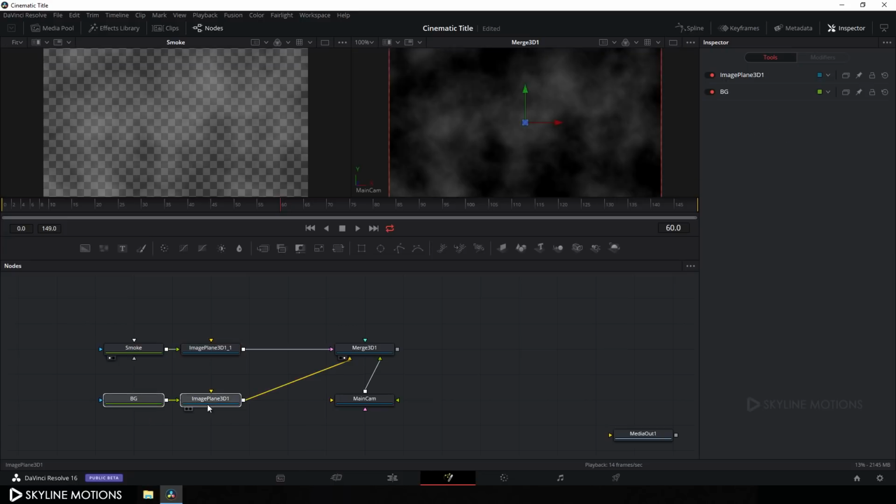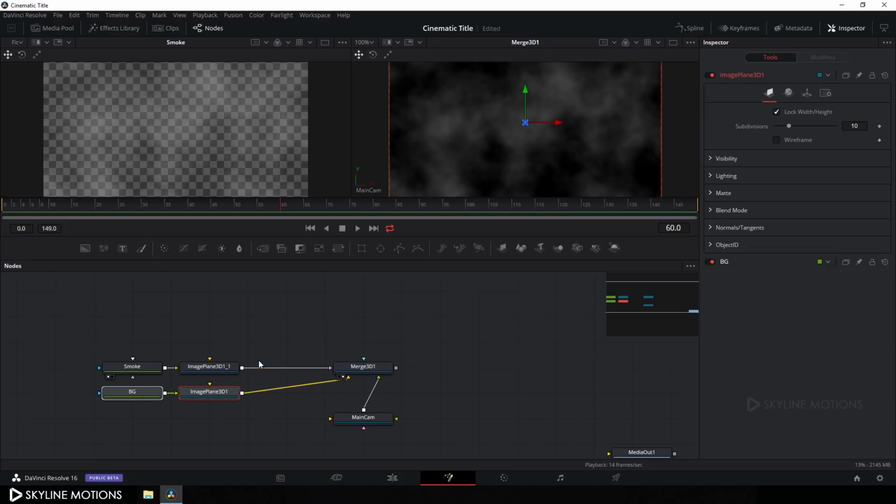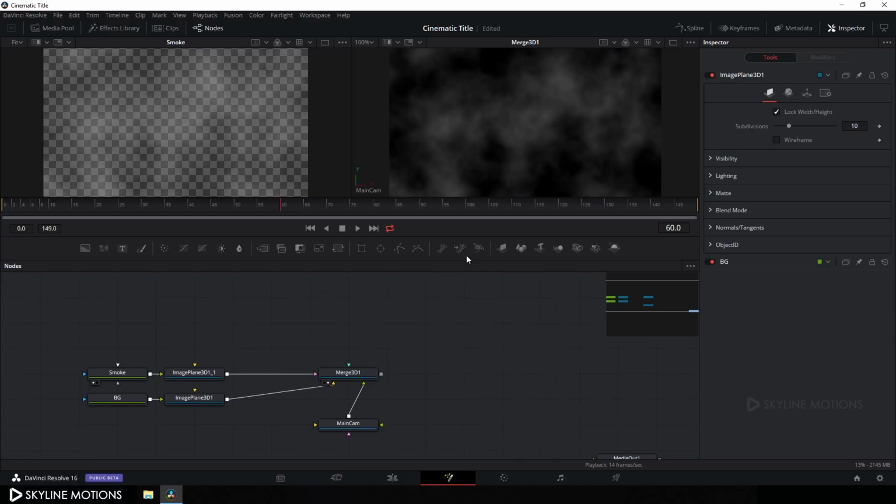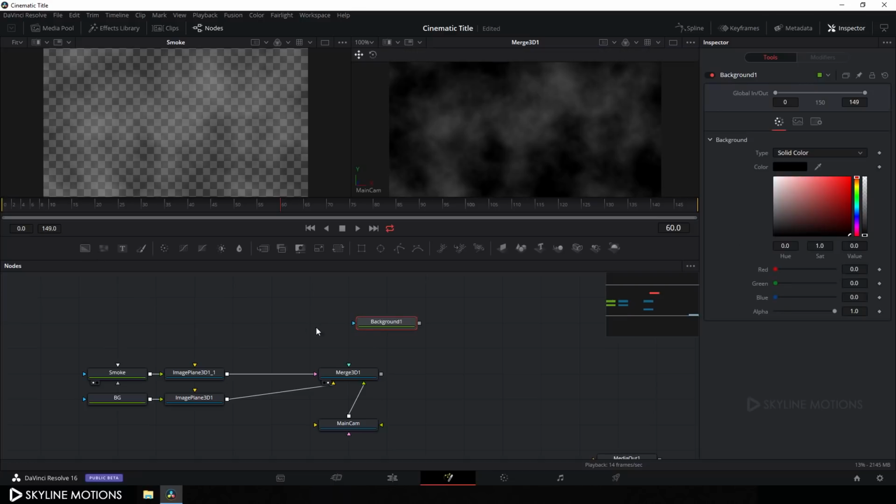Okay, and let's arrange it like that. All right, so as you can see, it's looking something like that. Now we have to create a light over here. So let's take a new background node. So click on this background button and let's call it light 1. So hit F2 on the keyboard and rename it to light 1 and hit OK,